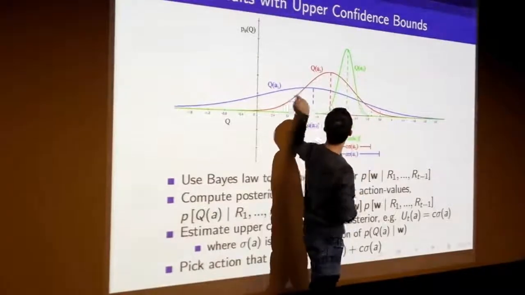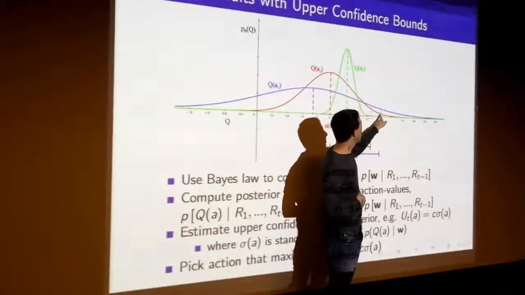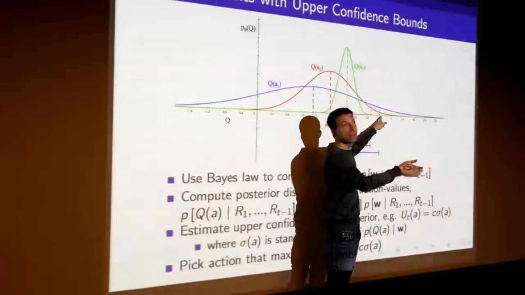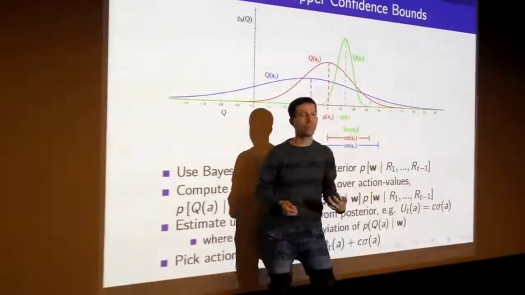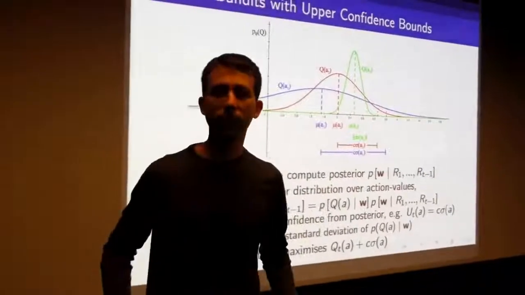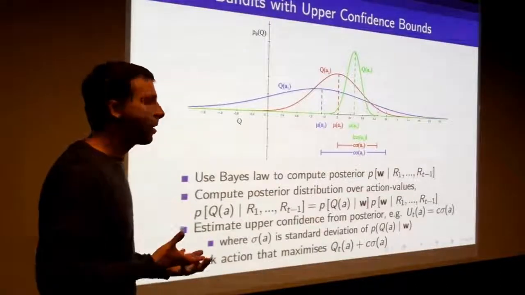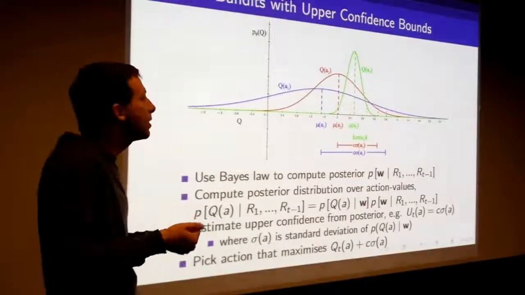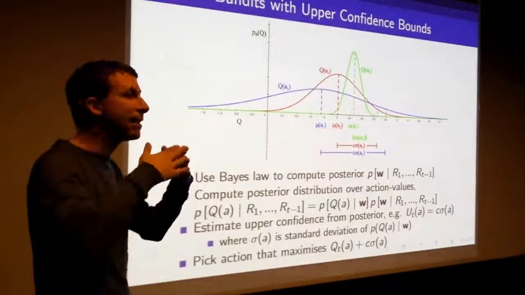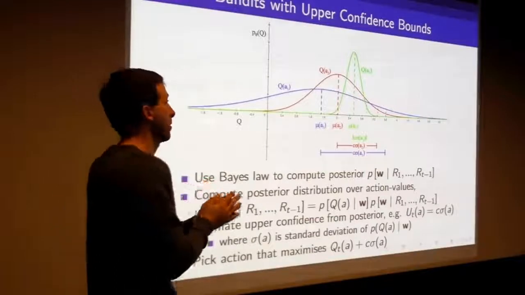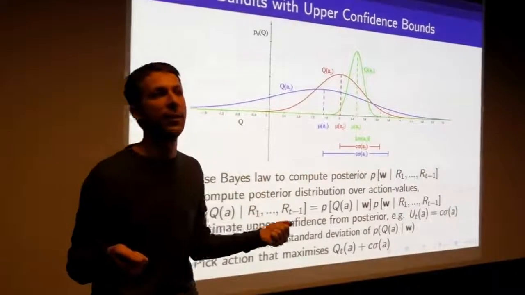And I'm going to compare that to the red guy, where I'm going to take the mean plus 3 standard deviations. And then we see that the blue guy has a higher combined value than the red guy, so we pick that one. That's the idea of the Bayesian approach to upper confidence bounds. So it's really the same idea as the UCB algorithm that we just saw, but using prior information and updating our posteriors more explicitly. We're explicitly estimating this distribution, whereas before we weren't even tracking the distribution at all,